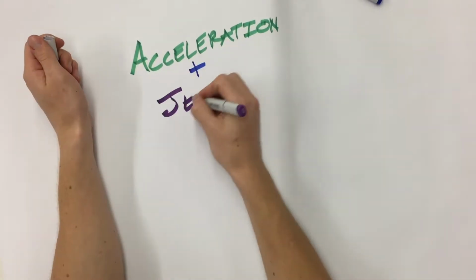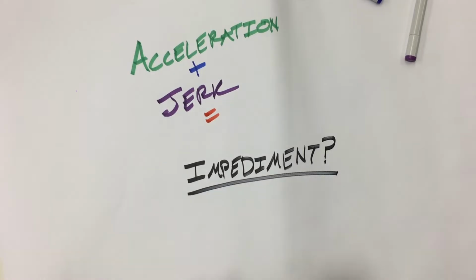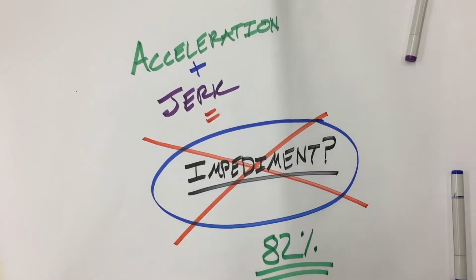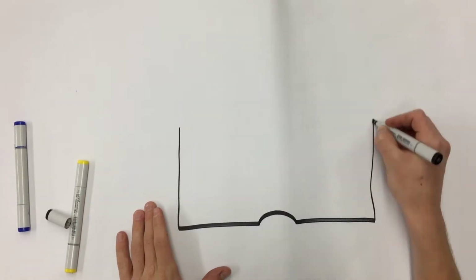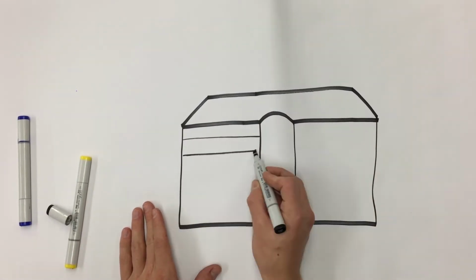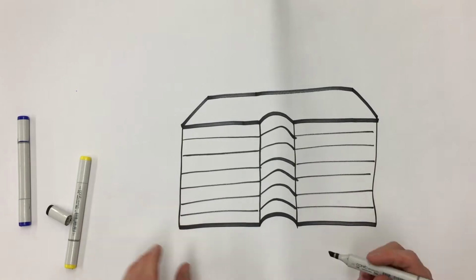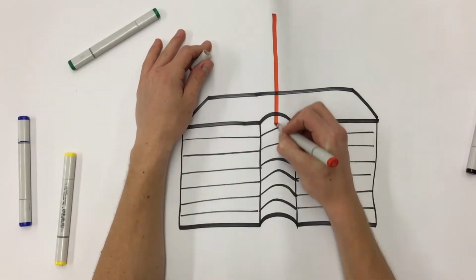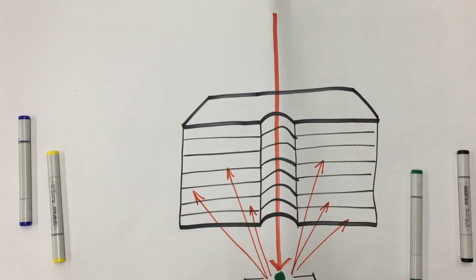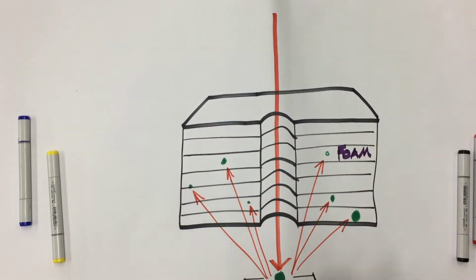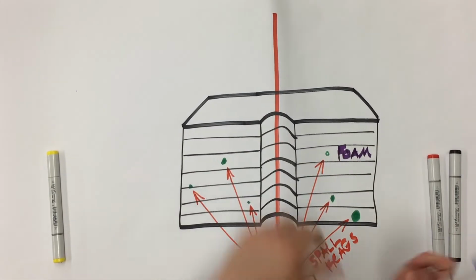They really wanted to see whether acceleration and jerk would be a main issue and an impediment in the process. And it turns out it's not. 82% survived. Now, in order to test the shock and heating in the absence of acceleration, researchers took multiple foam core layers and shot a pellet all the way down into a target to see exactly what happened. The interesting part was spallation occurred at the blast zone, where fragments actually go into other layers that are above